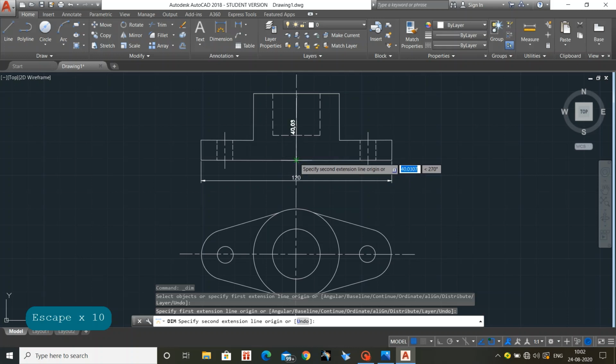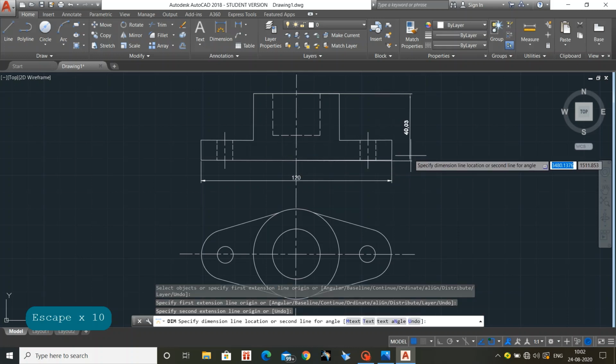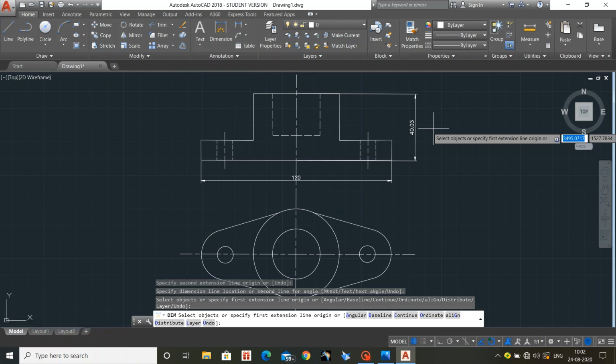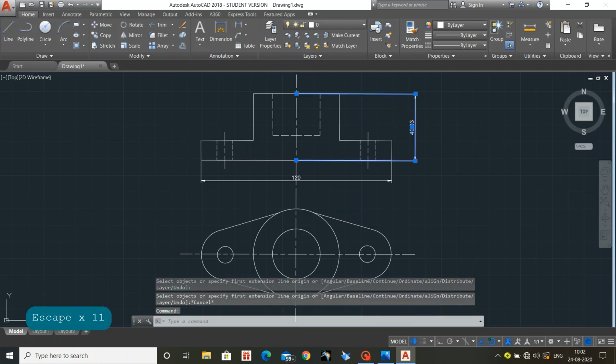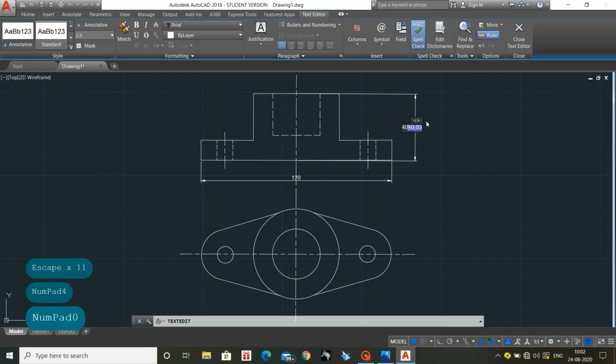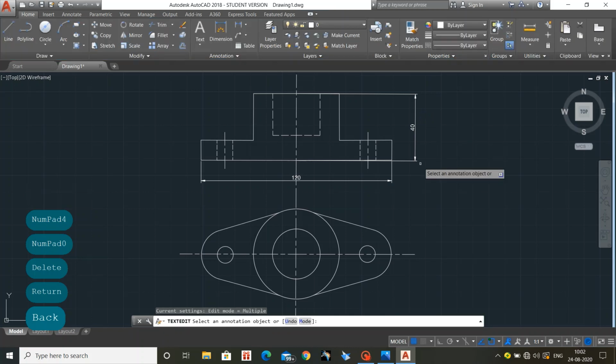In AutoCAD, I have drawn this like this because in AutoCAD we can edit the dimension there itself. See here, now I will show you. There is 40.03, so the dimension is 40. So I can delete that and replace it as 40. See, just for the modification, how to change the dimension, I have shown this.